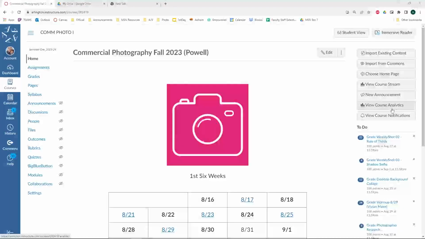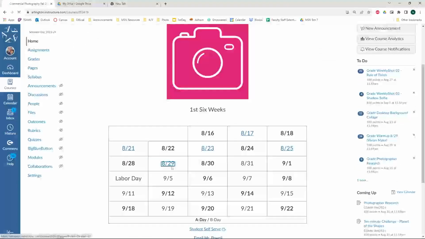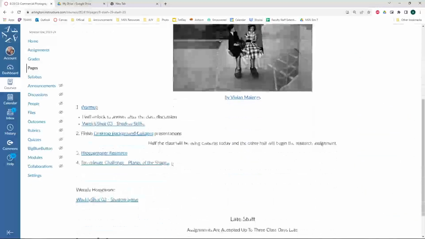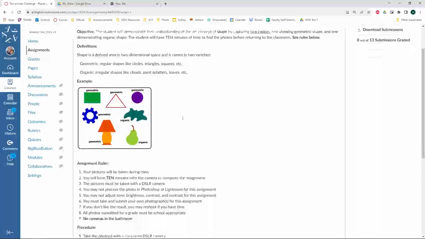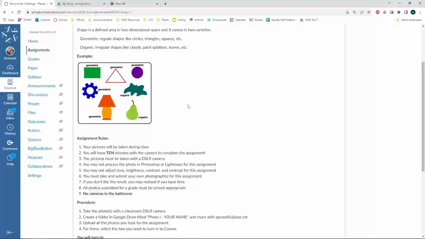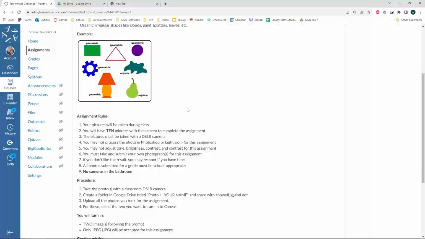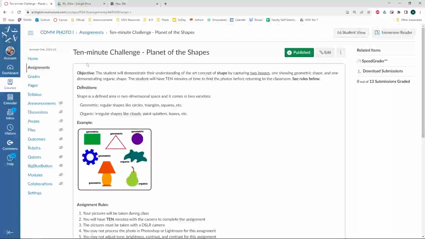So here I'm going to be showing you how to turn in your photos for the assignment where you'll be filming outside of class with the DSLR cameras. We've not done this before this year, so I'm going to set up how those will be happening throughout the year. So in this case, I'm giving you 10 minutes to go out and get a couple of images of